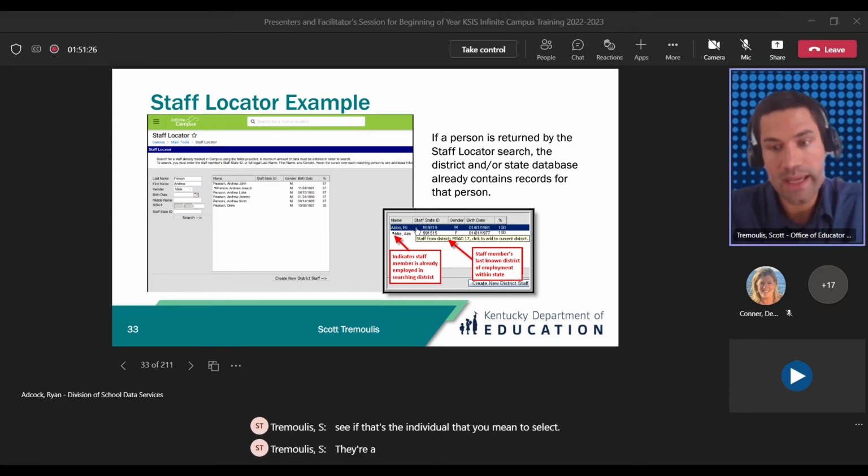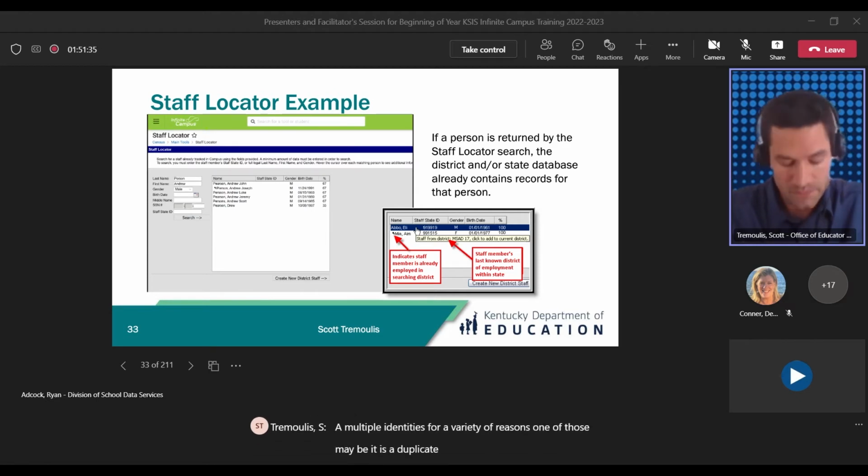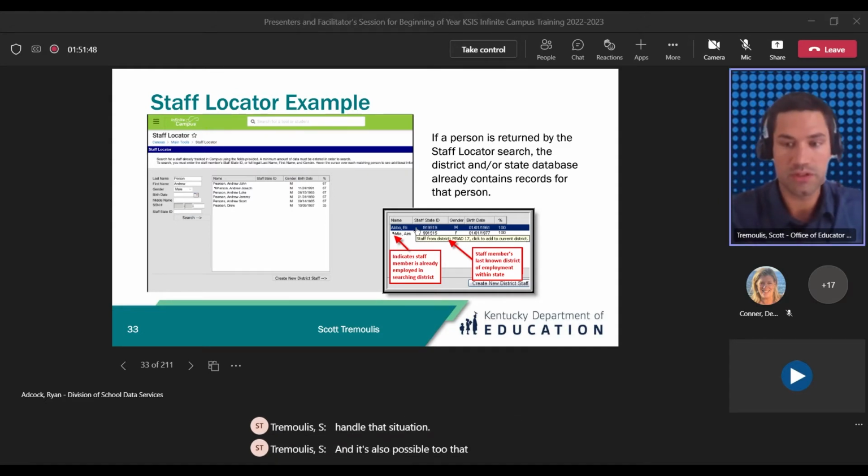A person may have multiple identities for a variety of reasons. One of those may be that it is a duplicate record. And so we ask that if you do find a duplicate record, you notify KDE so that we can handle that situation. And it's also possible too that multiple results